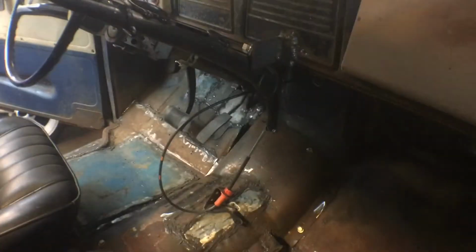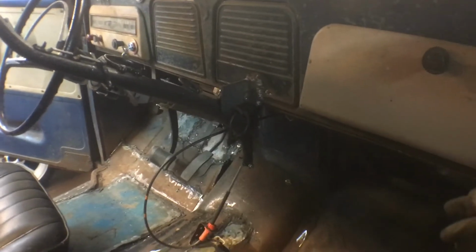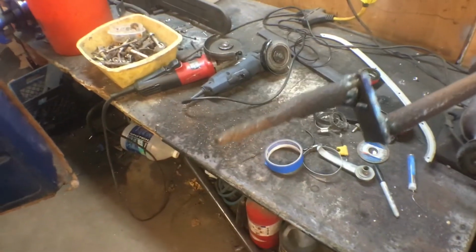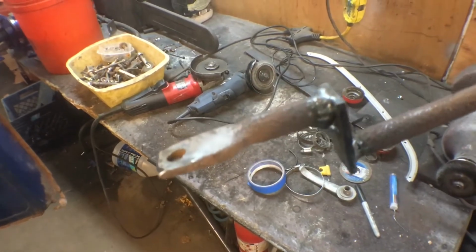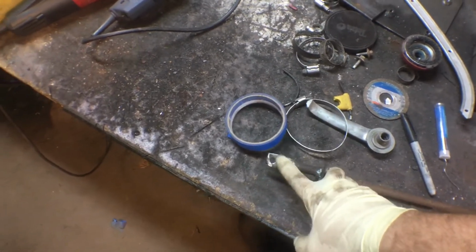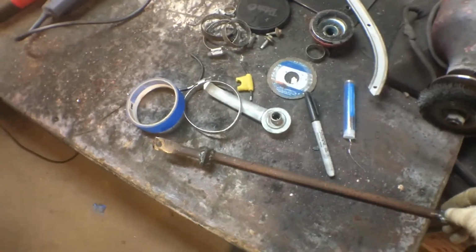Next thing is, I was backing the truck, I was doing some work. I had the truck outside, and the shift linkage popped off. And I have the shift linkage here. And this is what was connected to the tranny side, and I kept putting in E-clips on the outside, or circ clips. I had a whole assortment of different clips, and they just kept popping off. Don't know why. So then I came up with